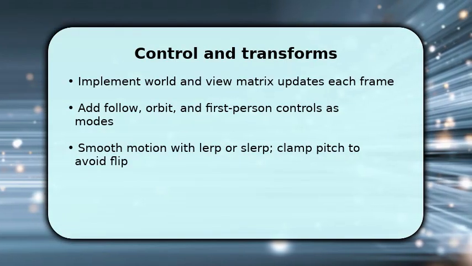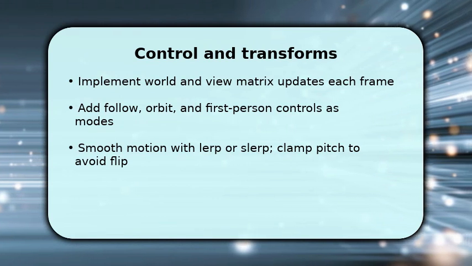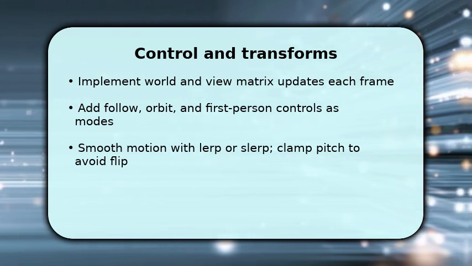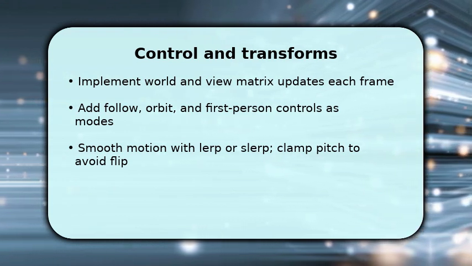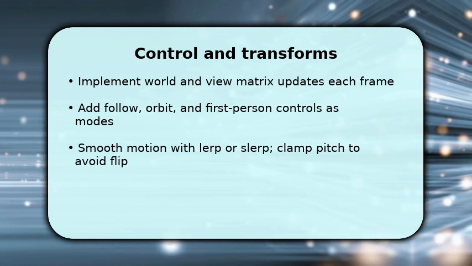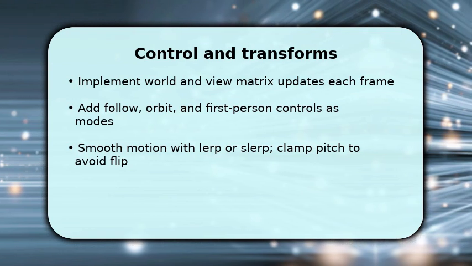You now implement transform updates and input controls so the camera moves correctly. First, compute view and world matrices each frame, then apply parent transforms if the camera is childed. Next, add control modes, follow for targets, orbit for pivots, and first person for free movement, so you can switch